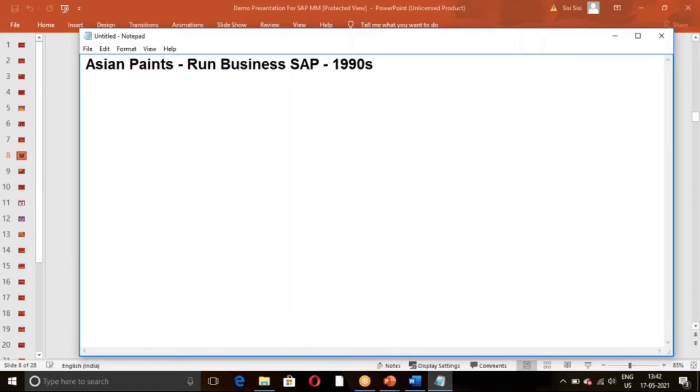Now in this organization, we have so many departments. Not only this company, you take any organization. What are the departments we can have?